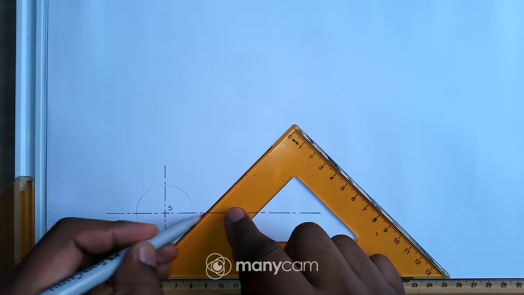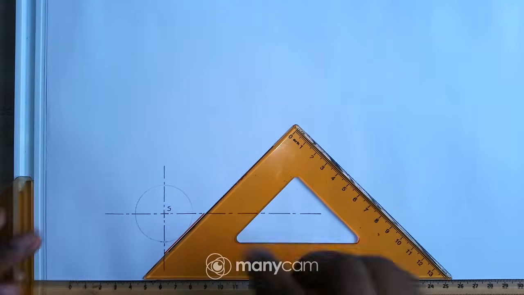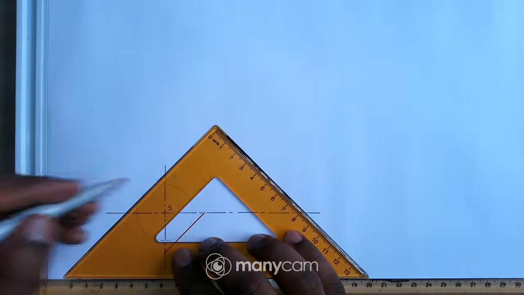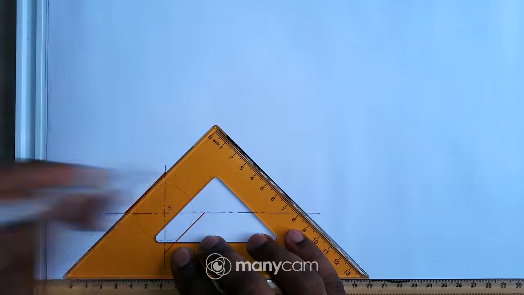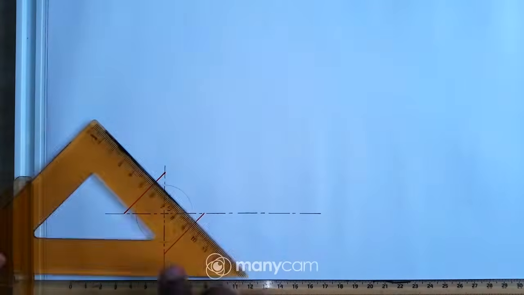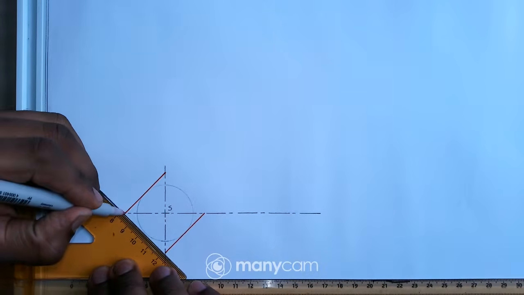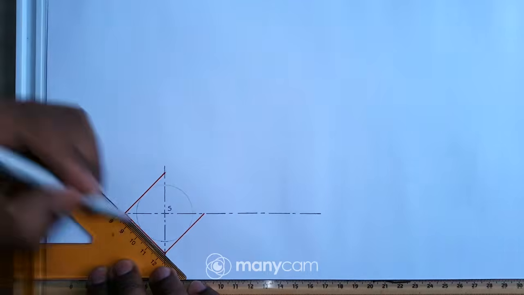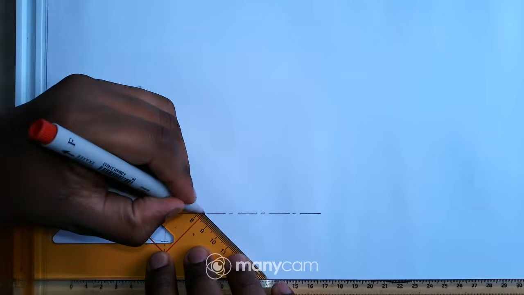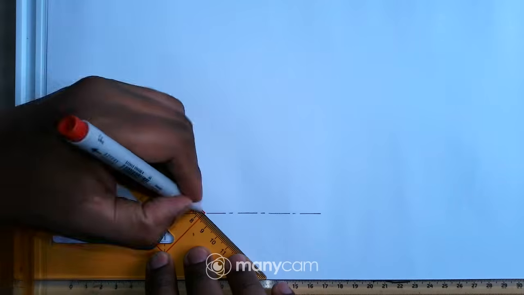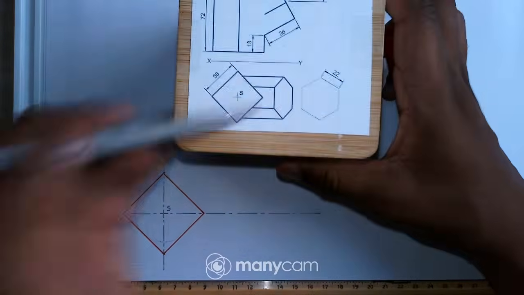So just draw a straight line there from the center line to this center line there, then slide it to the other side, do the same thing, draw a straight line there, and then now I'll have to just connect the points there like that. Like that, okay? So I have the square right there.